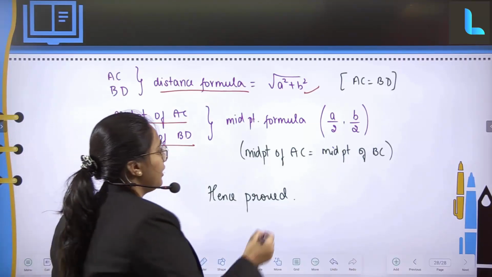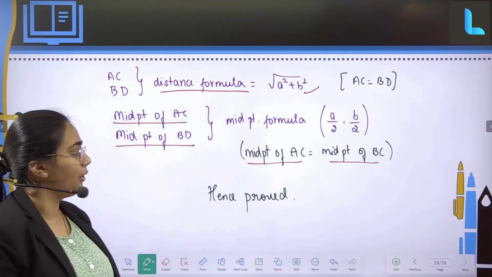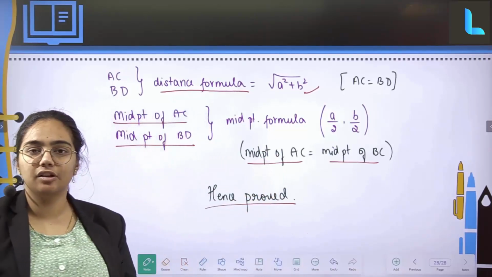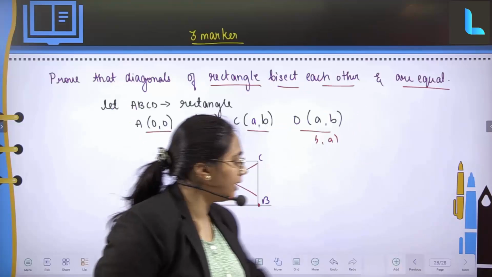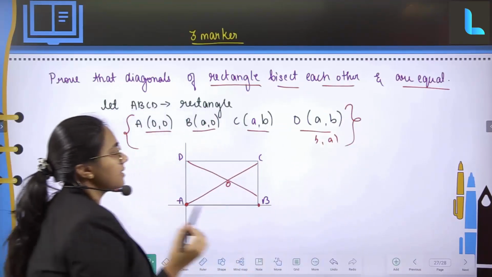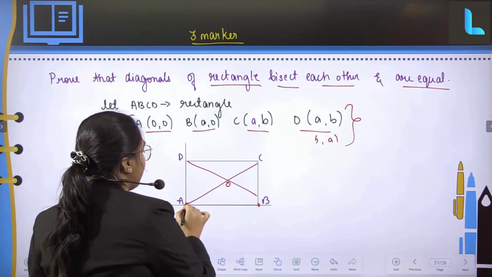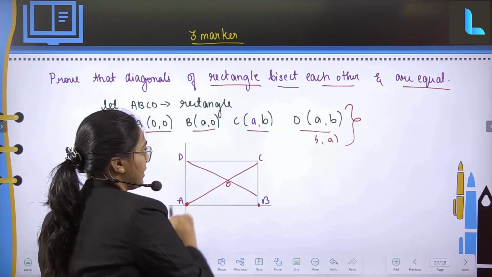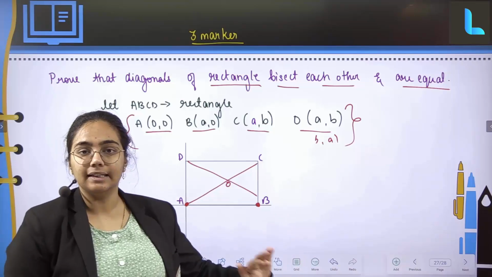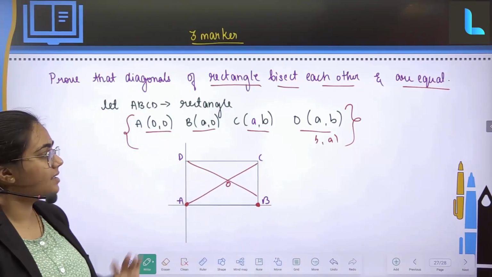Then once you are aware of it, it is very evident that the midpoint of AC is equal to the midpoint of BD. So whatever they have asked, we have shown calculation-wise. Here the only crux of it is they have not given you the vertices. You have to assume vertices. When you are assuming vertices, let that be very clear. See, a is 0 comma 0, which is what I have considered. For b it is a comma 0, so it is going to fall on a line. That is how you have to think before you write the vertices and then solve for it.